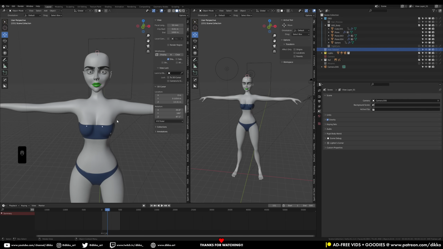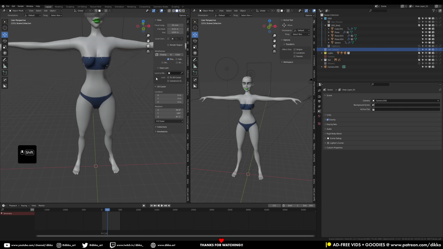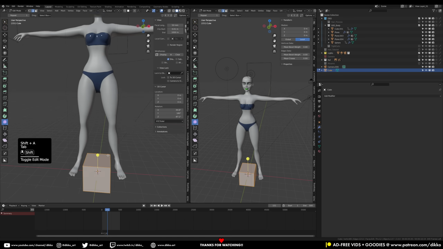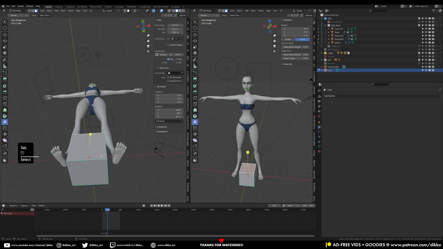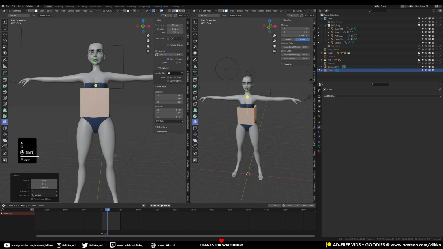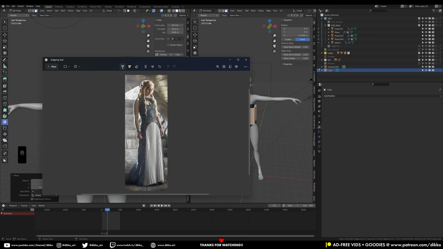Anyway, hide away that hair, and let's create a new object. We're going to reset our view, our 3D cursor to the center, and we are going to create a basic cube. You can also go with a plane as well. We don't need to worry too much about it, but I might go with just deleting these faces. And then let's move that up to the top, because what we're going to create to start off with is just the